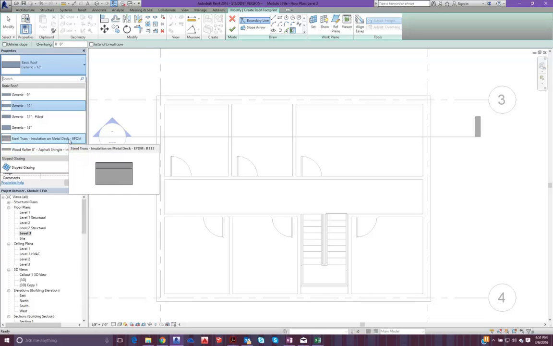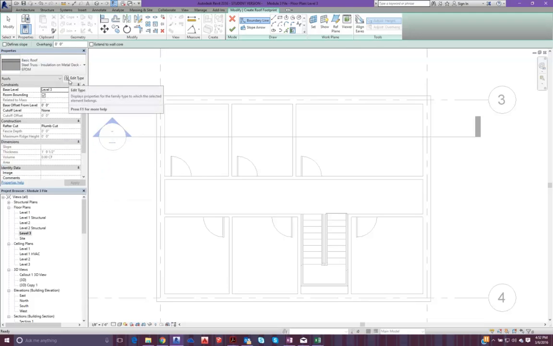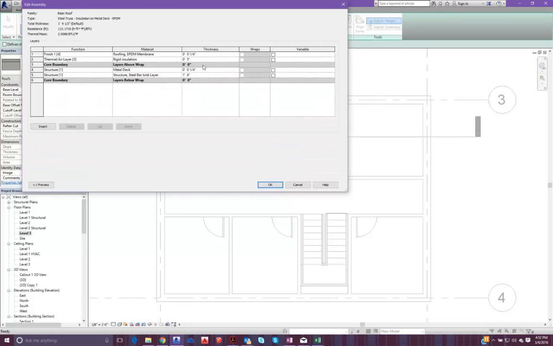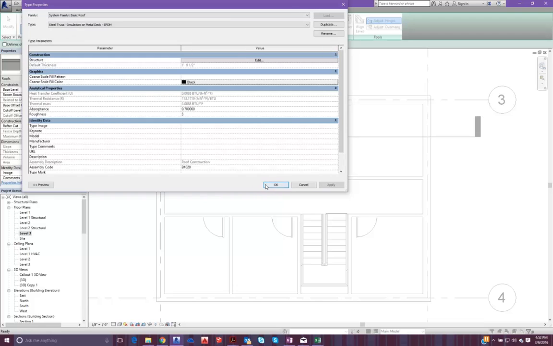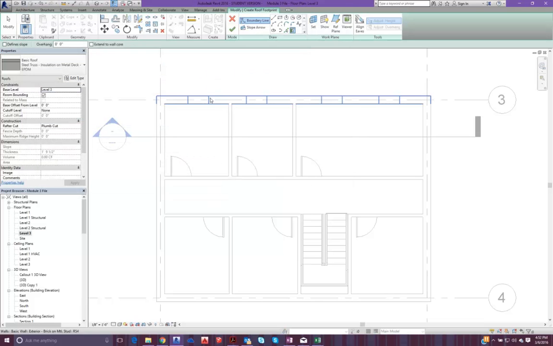We have the steel truss, insulation on metal deck, EPDM, and let's look at the composition of this. So as you can see here, it is a nice membrane, a rubber membrane that's on top of the roof, and this is used commonly for flat roofs, which is what we're building here. So let's go ahead and select each